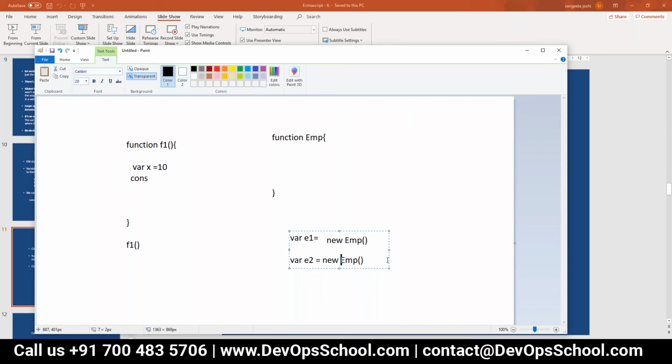So we may require multiple car objects. Now they will have similar attributes like model or color or price, right? In that case, we will declare it as a constructor function. So when we need multiple objects, we go for constructor function. Otherwise, we will write a simple function like this, f1.